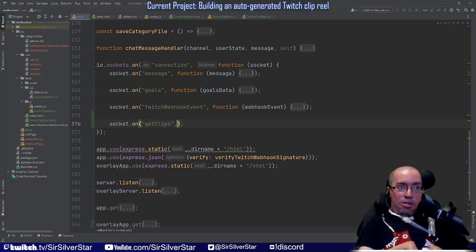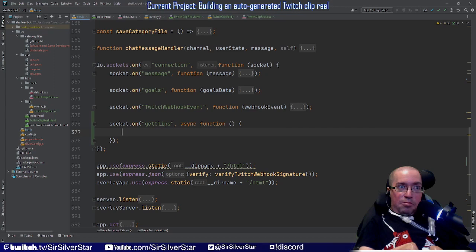And just like with all the other stuff, we are going to create a function that is run whenever this event handler is called, or whenever this event is triggered. But this time we need to create an asynchronous function because we need to run some asynchronous code. We don't need any parameters for this. So we have an asynchronous function, and then within this function, we are first going to determine if we have